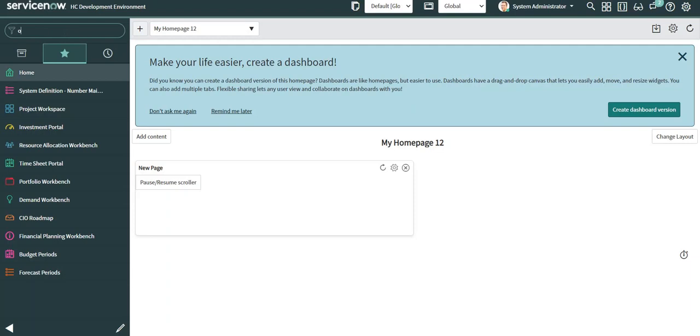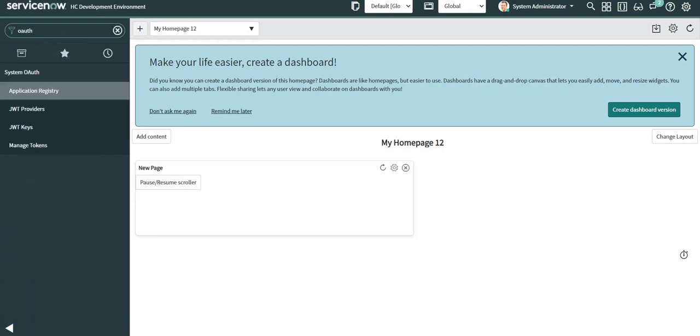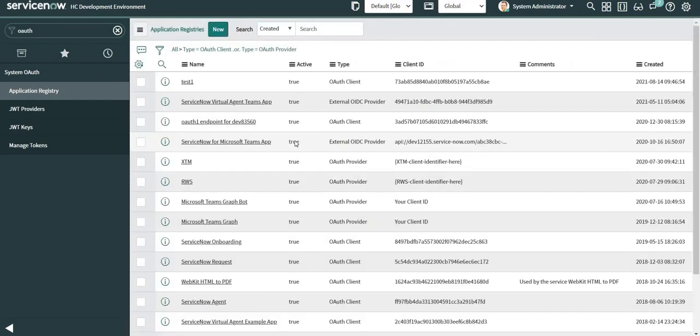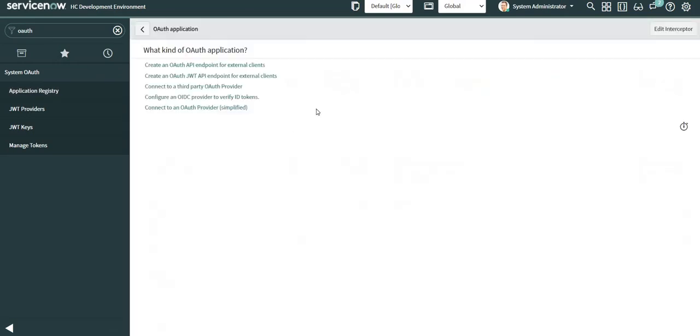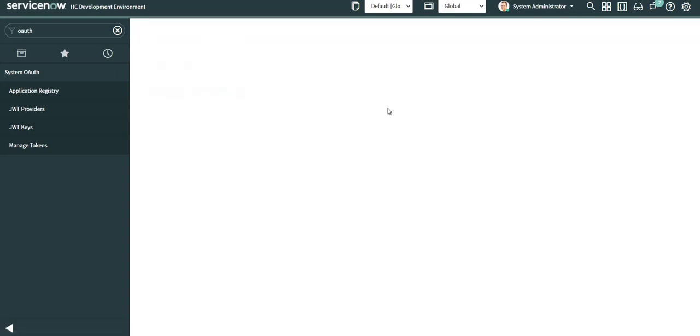So first of all, I am going to my OAuth application registry and I will create a new application registry. You can see that this is the newest option added over here. Create an OAuth JWT API endpoint for external clients. Let's click on this one